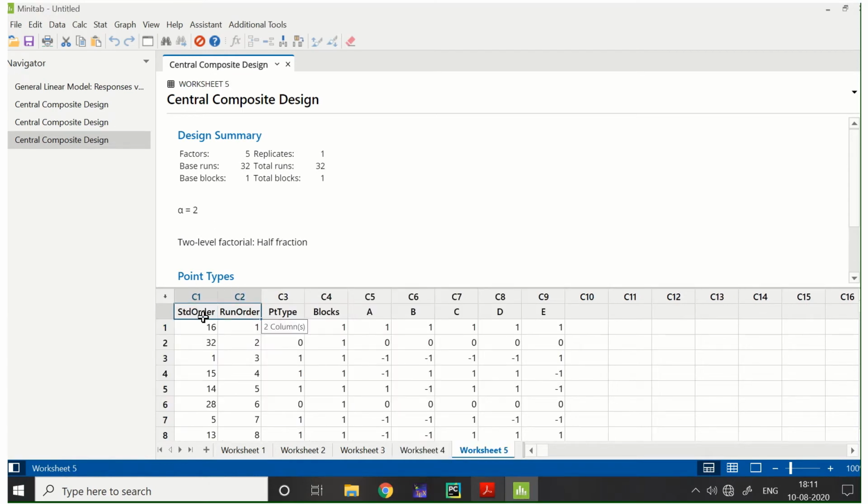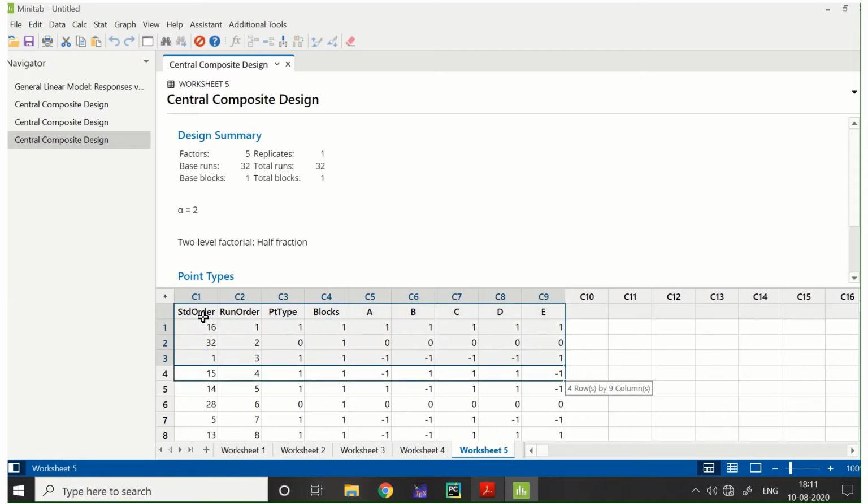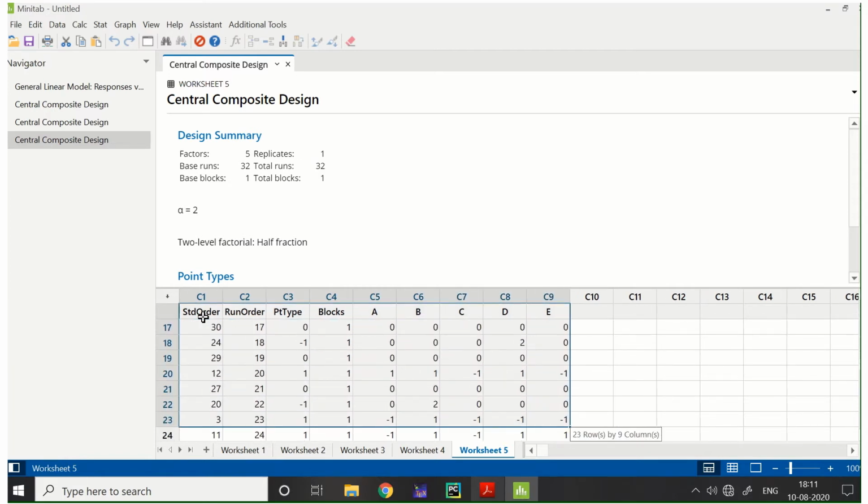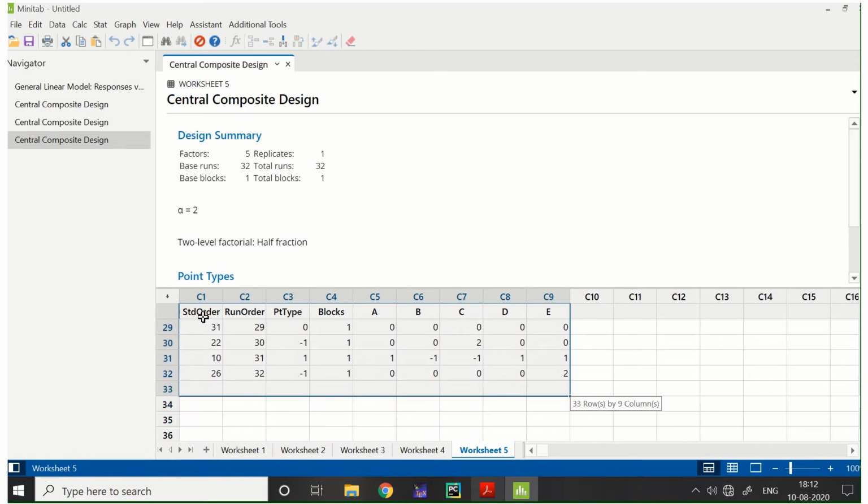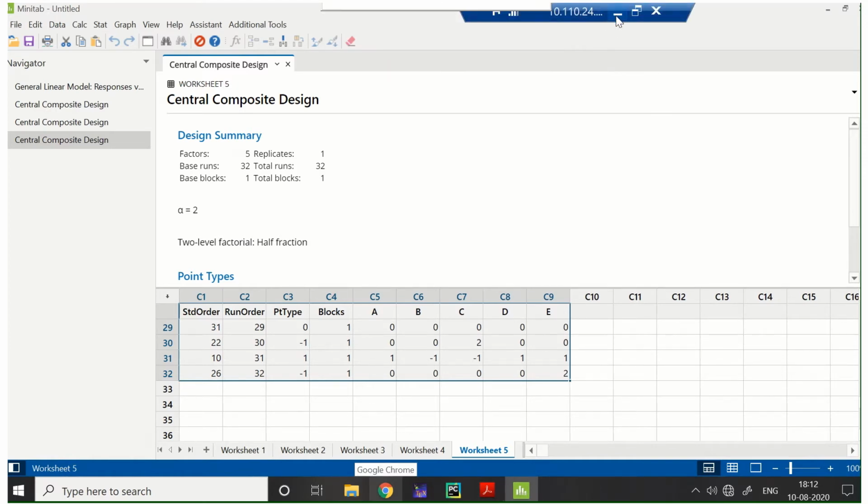Now let me copy this data, and I copy this data in Excel.